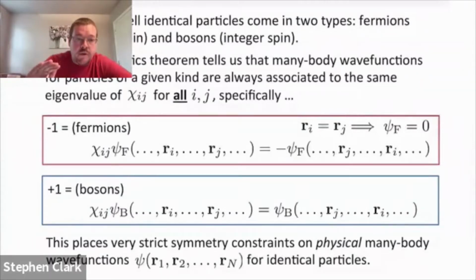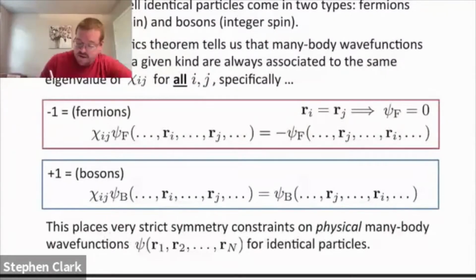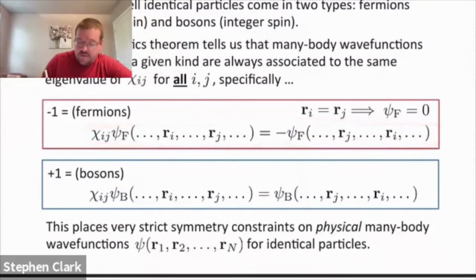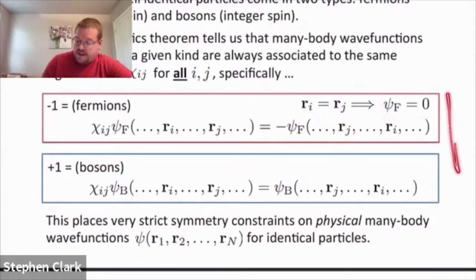It's either always -1 or always +1, or you can sometimes get a phase factor if you've got what's called an anyon. But we're not going to talk about that today. Now, the corollary of this fact is that if you set any two of these arguments the same, fermionic wave functions must vanish, and that's just the Pauli exclusion principle. Now, this places very, very strict exchange symmetry constraints on what a physical many-body wave function must look like